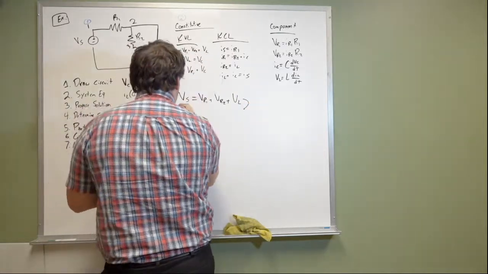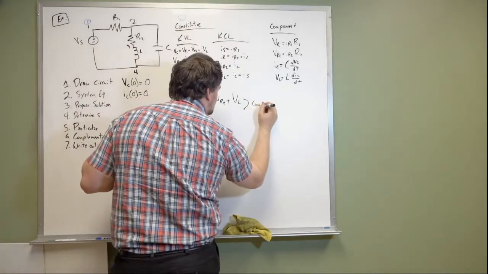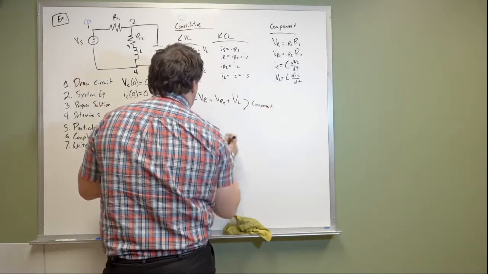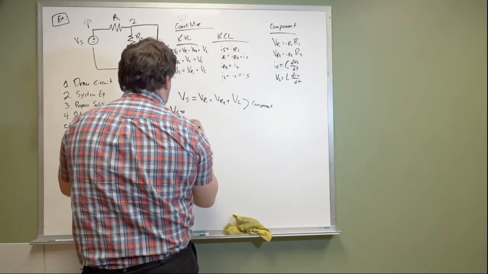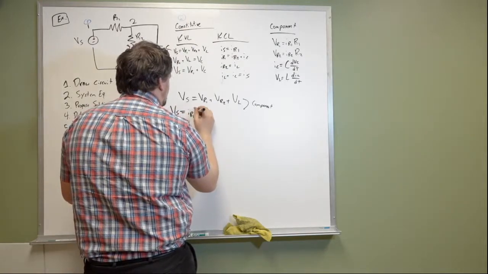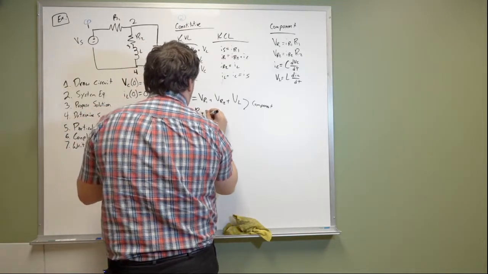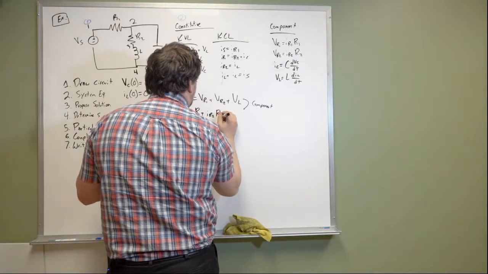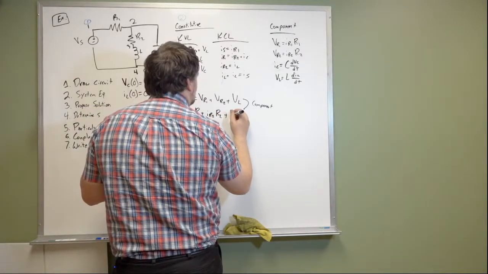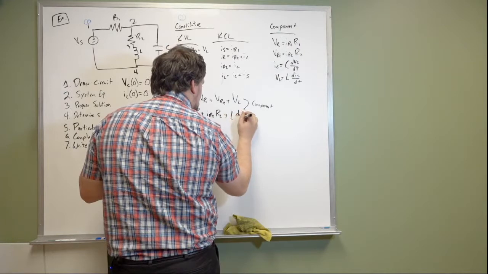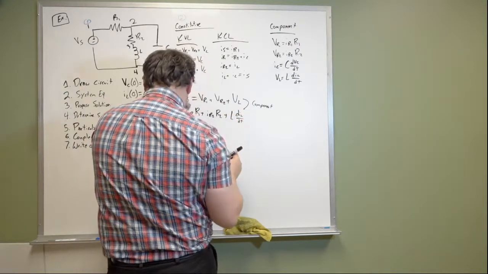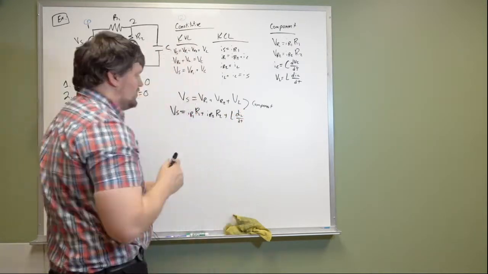And what we'll end up with, so this will be a component equation, is VS equals IR1 R1 plus IR2 R2 plus L dIL/dt. Okay,